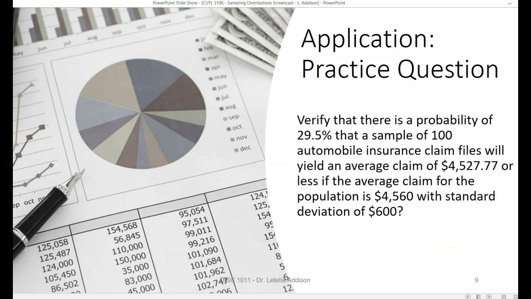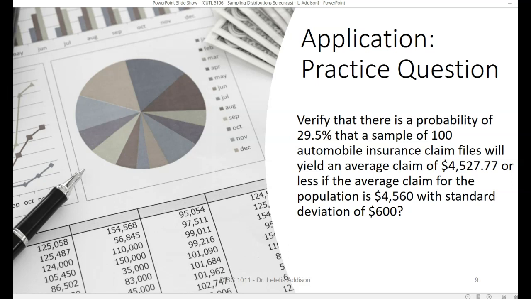So let's put this into practice. The following is a tutorial question from the tutorial sheet, which is lodged on My Learning, for your perusal. We will have a quick look at the methodology to solve this question. It reads as follows. Verify that there is a probability of 29.5% that a sample of 100 automobile insurance claim files will yield an average claim of